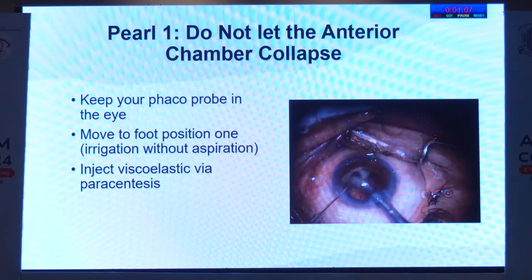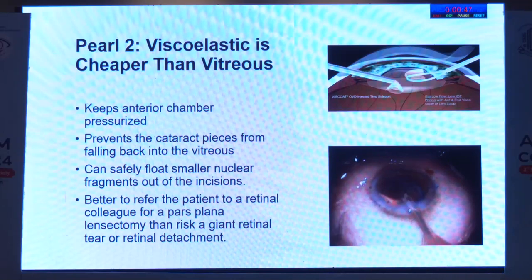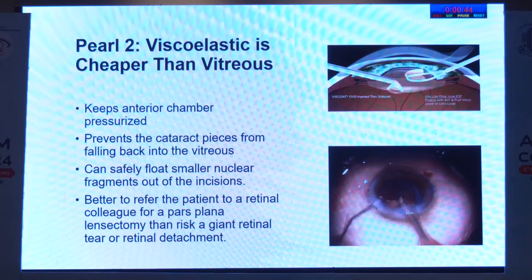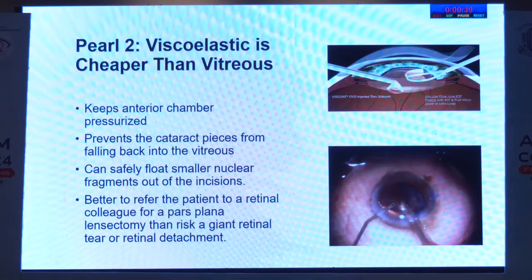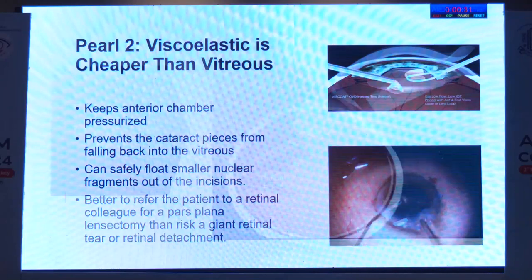So it's good practice, maybe for beginners, that you try to inject when you are taking out the last piece. You might not have a high-end machine. So try practicing injecting Viscoat through your left hand, because this becomes difficult when you actually have a PCR. And another important point is that viscoelastics are cheaper than our vitreous. Like ma'am had said, don't hesitate to put viscoelastics. Don't think about the IOP rise that will happen post-operatively. Even if required, you can go ahead with 2 vials of Viscoat maybe, or any other dispersive viscoelastic.